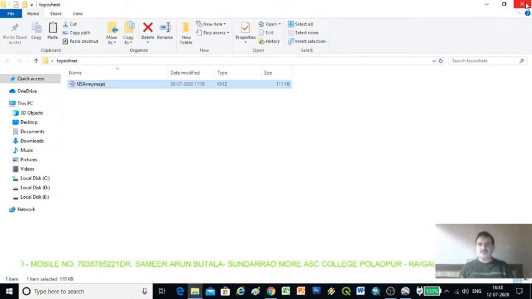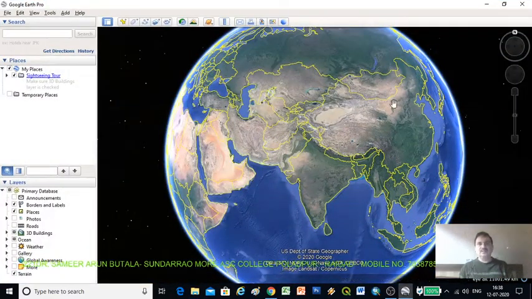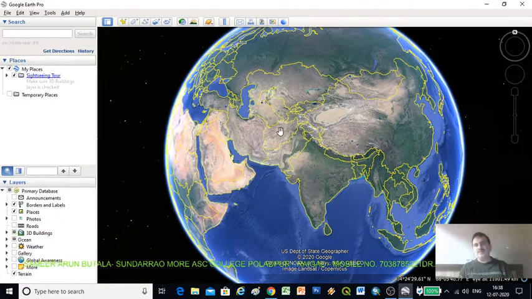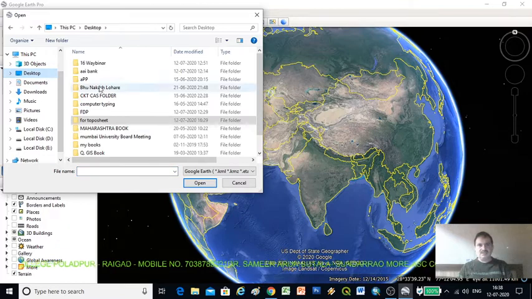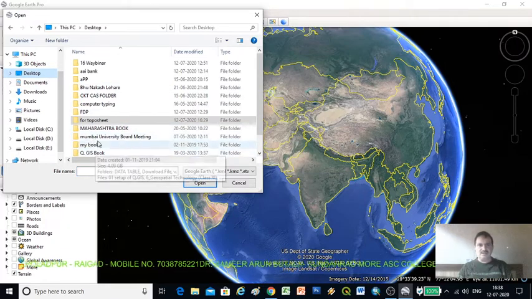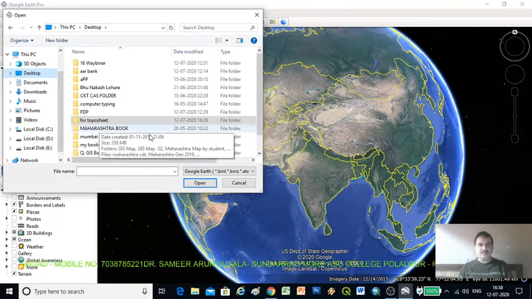Now close this folder and open Google Earth. Now we want to open this URL in Google Earth. So go to File, Open, and see the path where our URL is. Our URL is on the desktop in the TopoSheets folder.